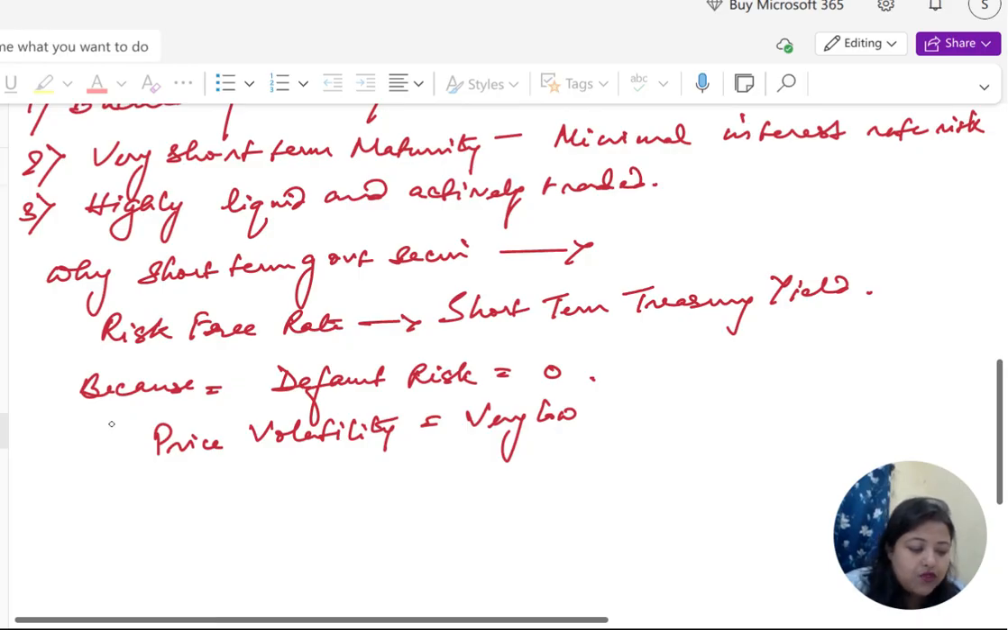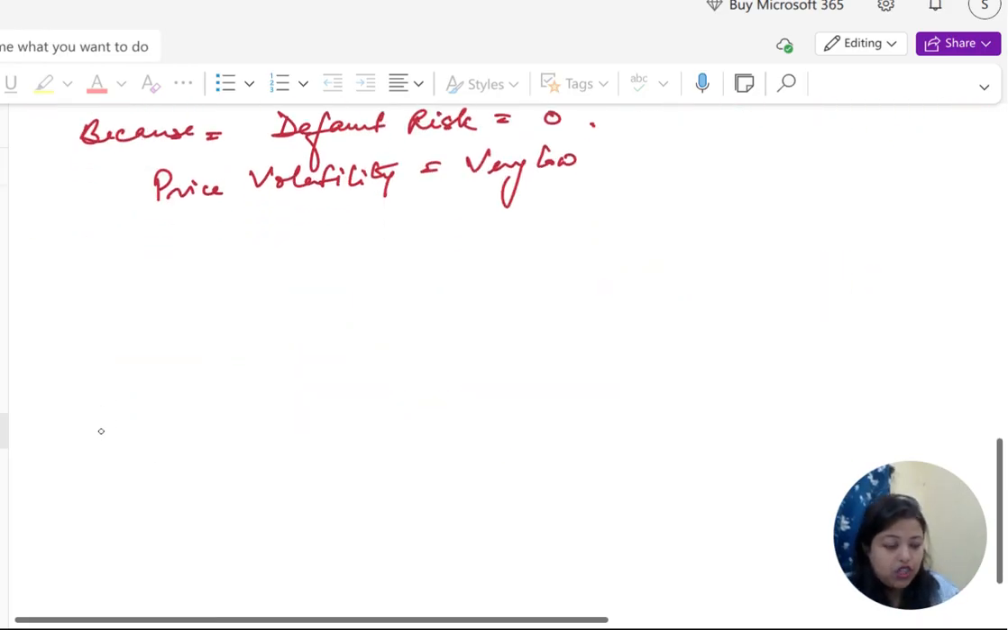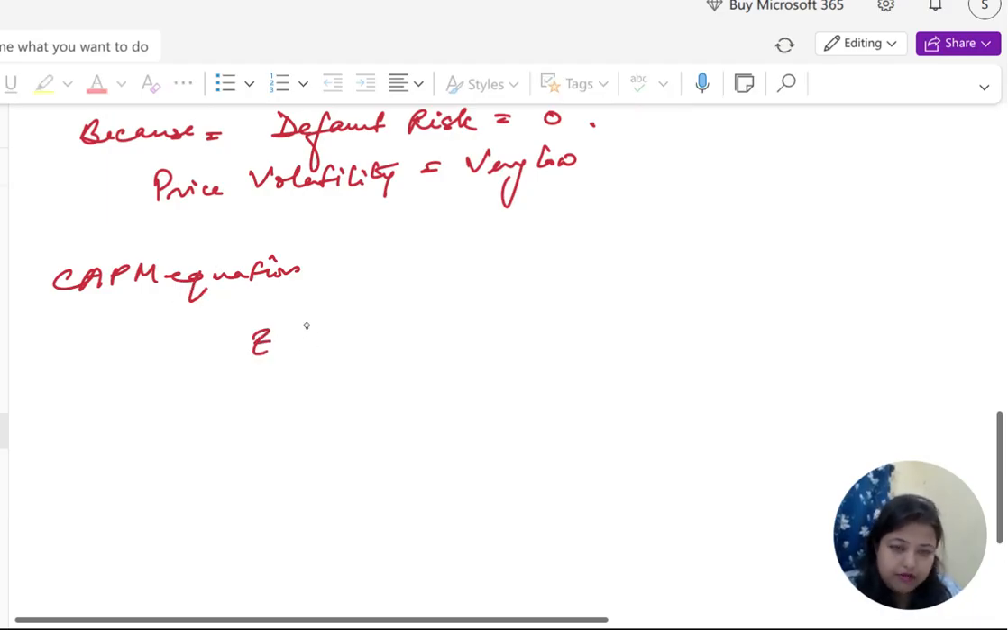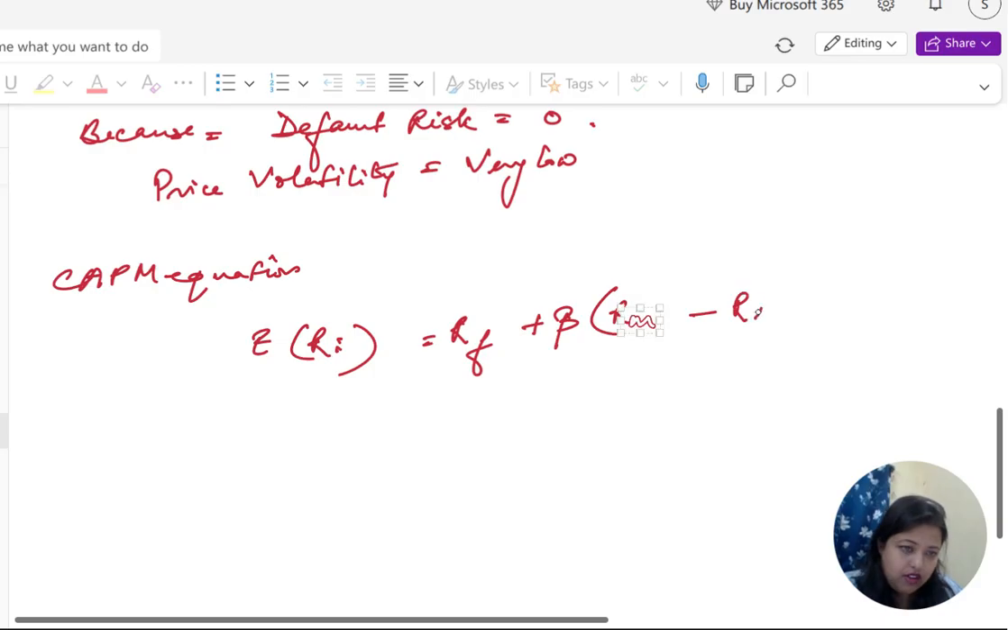Now, where does the risk-free rate appear? In the CAPM equation. It stands for E(Ri) = Rf + beta (Rm - Rf). Clear? So, Rf is the risk free rate, of course,